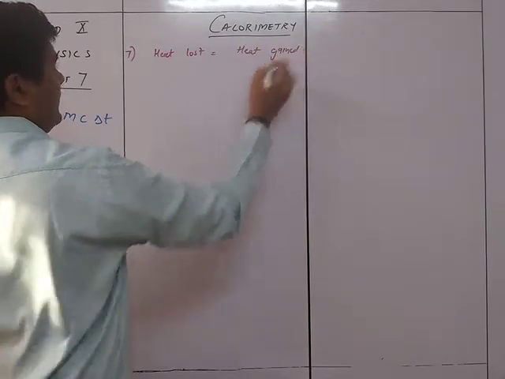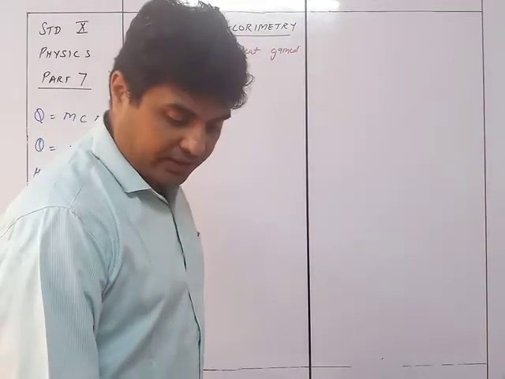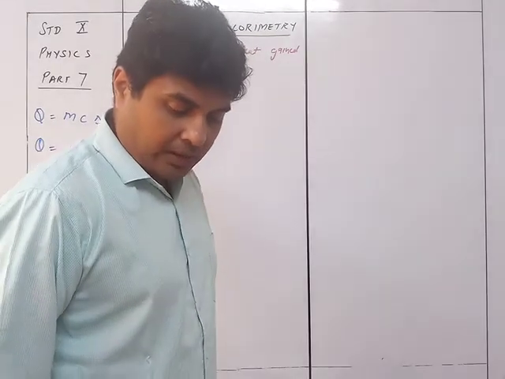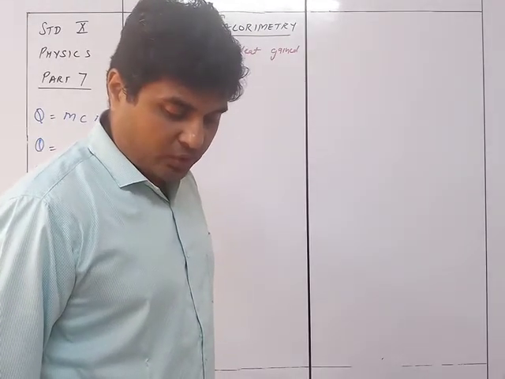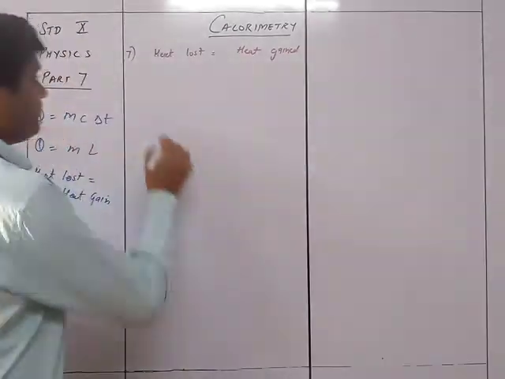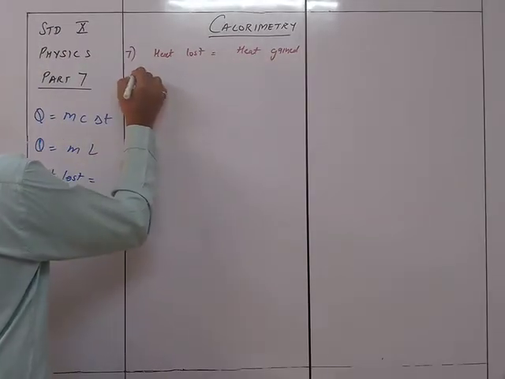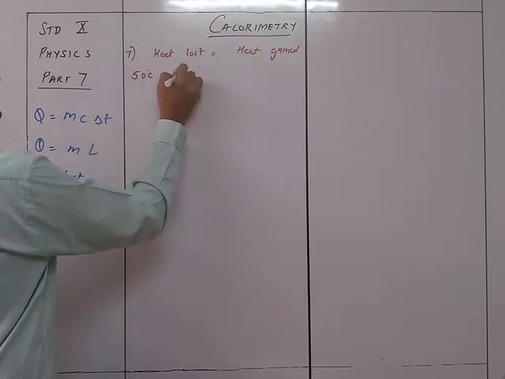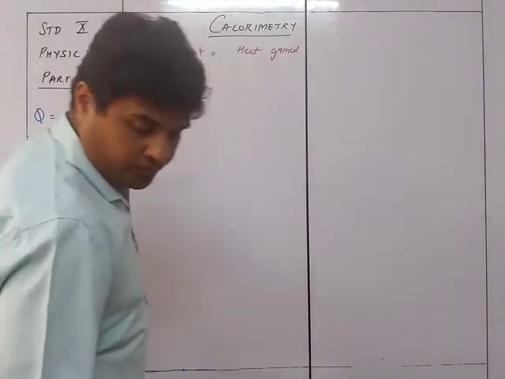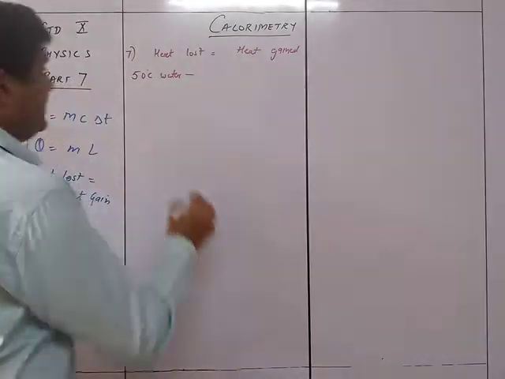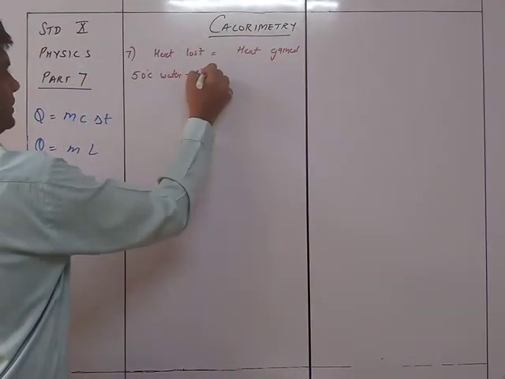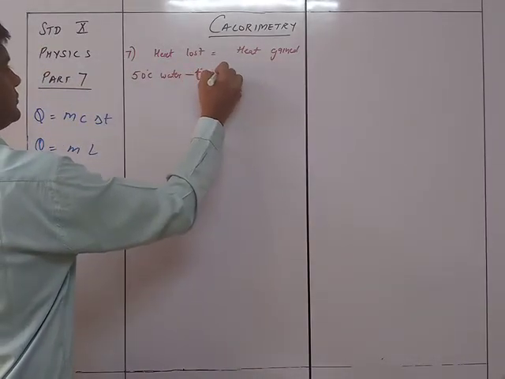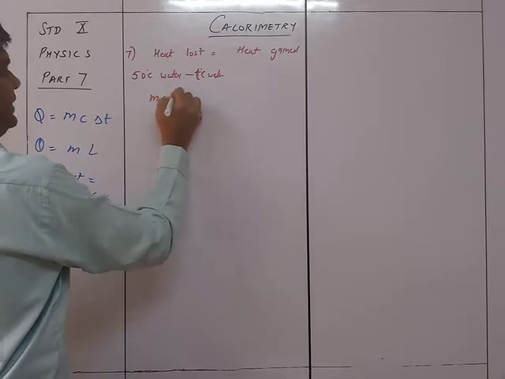Now in case of heat loss, what is going to lose the heat? That is going to be the hot water. A piece of ice of mass 40 added to 200 grams of water at 50 degrees Celsius. So we got over here 50 degrees Celsius water changing to, you don't know what the temperature is going to be, changing to T degrees Celsius water, that is mc delta T.